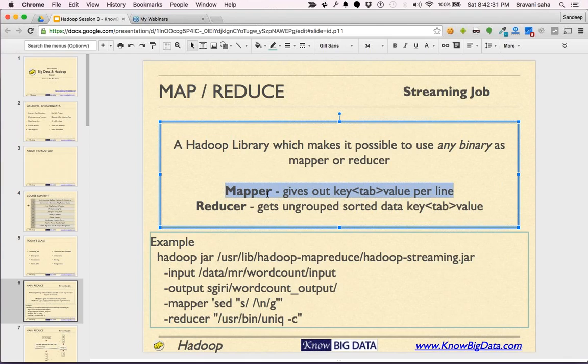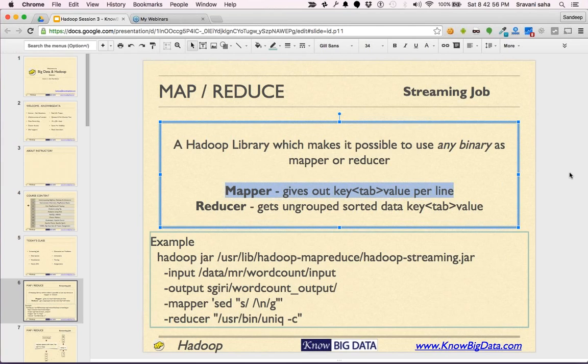Now you must be wondering, I told you earlier that the reducer will get the data grouped by, but that's a design choice which the streaming people made. They ungrouped the data and kept it just sorted, as part of the design, so that it is easy to apply various kinds of filters from the command line.